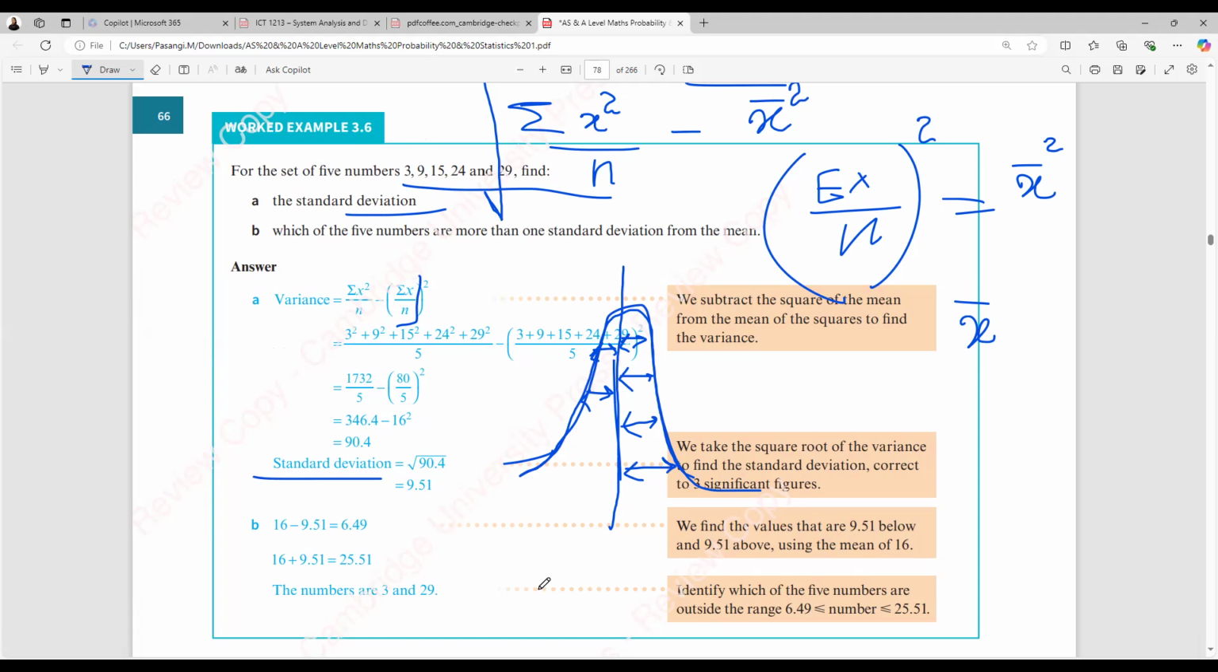That means the mean value is 16. That value I took from here because we have to add all these values together and divide it by 5. Then you get the mean value as 16. Then the dispersion or the standard deviation that we received was